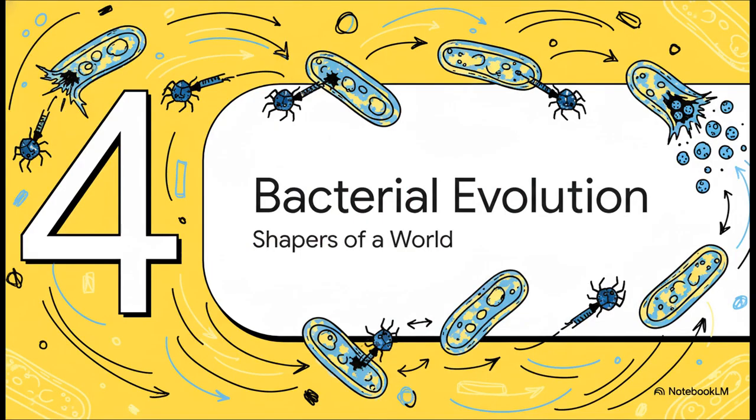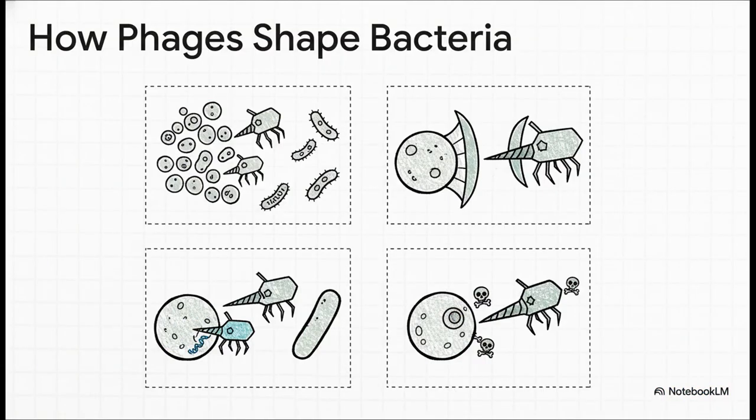So this constant cycle of infection, replication, and death isn't just about making more phages. It has massive consequences, making phages one of the most powerful evolutionary forces in the entire microbial world. Just through simple predation, phages stop any single bacterial species from completely taking over an ecosystem, which helps promote diversity. This sets up a constant evolutionary arms race, where bacteria evolve new defenses, things like changing their receptors or developing those sophisticated CRISPR-Cas immune systems, and in turn, phages evolve new ways to get around them.